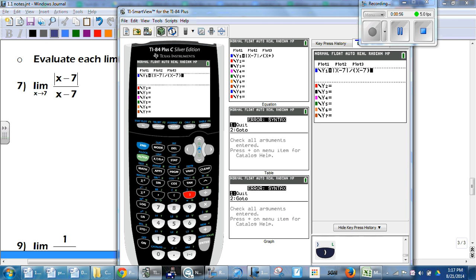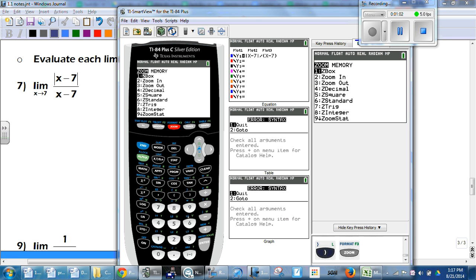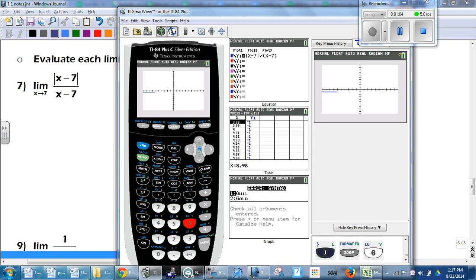And we want to go ahead and look at the graph and figure out what the limit is as x approaches 7. So I'm going to make sure I've got standard window, so zoom 6. We see we just have a horizontal line, and then all of a sudden that horizontal line looks like it kind of jumps, and it happens at 7. Alright, so in this case,